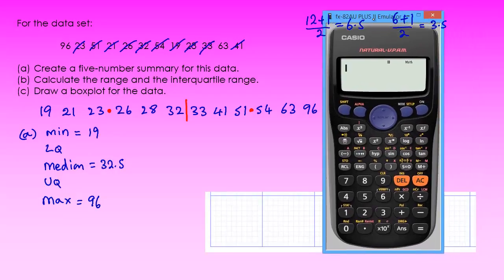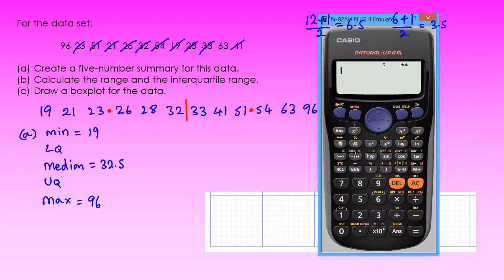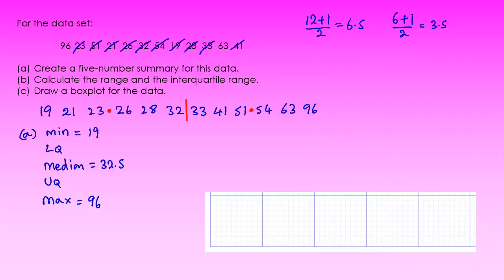Now you can always average the two numbers. So if we want to be halfway between 23 and 26, 23 add 26 and divide that by 2 is 49 over 2, or 24.5. So 24.5 is our lower quartile,